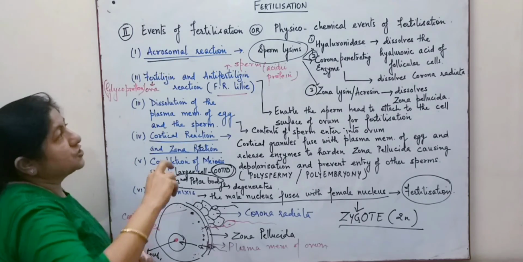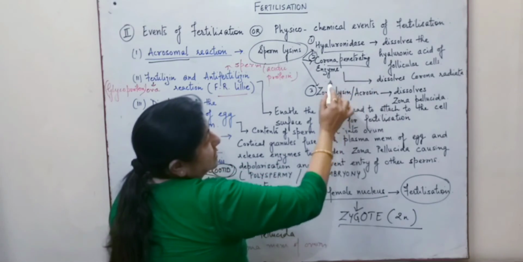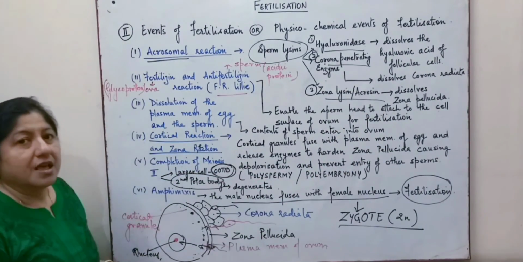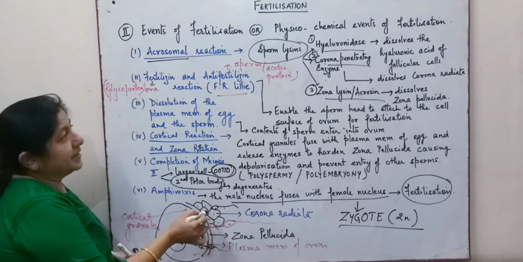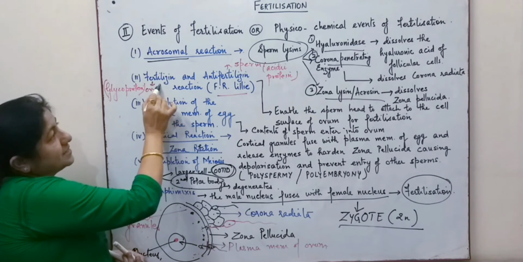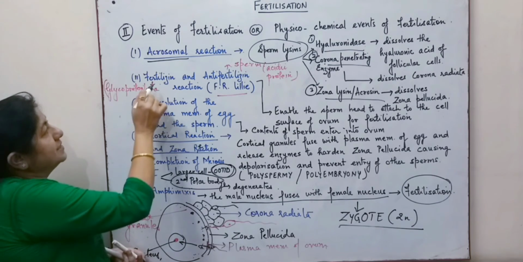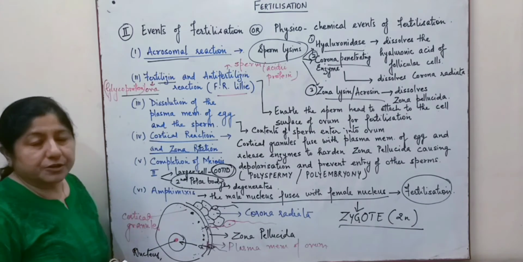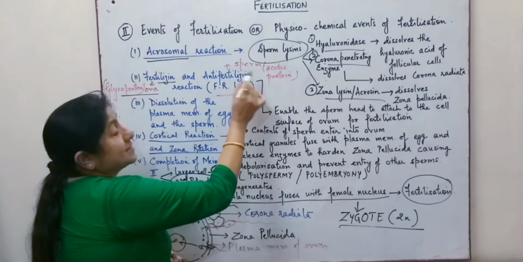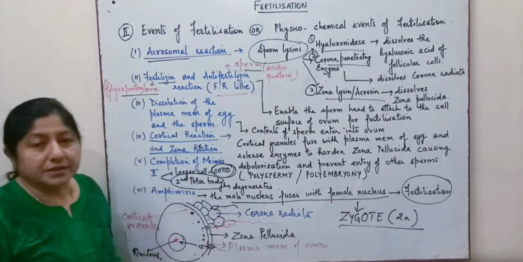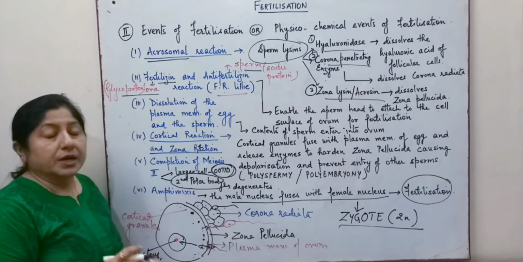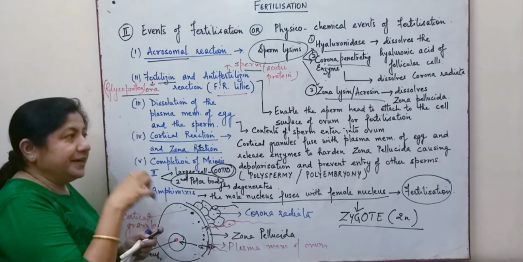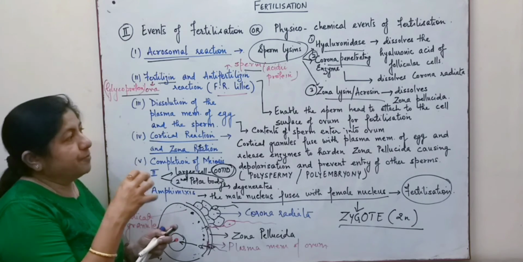So in the acrosomal reaction, due to the action of these enzymes, that is hyaluronidase, corona penetrating enzyme, and zona lysin or acrosin, the various layers of the egg are broken or degenerated, and due to the reaction of fertilizin and anti-fertilizin, the fertilizin is a glycoprotein which is produced by the ova. Anti-fertilizin is an acidic protein which is produced by the sperm. These were discovered by F.R. Lillie, and these two enable the sperm